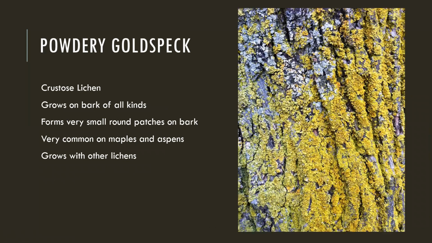Powdery gold speck, we do find this often on the trees here. This crustose lichen will grow on any bark. It forms these small patches, and it likes to grow with other lichens. So you might find it growing with some, as you can see in this photo, it looks like there's fluffy gold dust also growing with it. You find this a lot on maples and aspen,